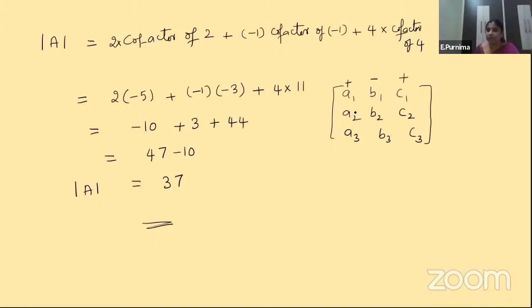Similarly, for A2, the second row, first column, you have to know the sign for this. Yes or not? The cofactor for this one you will find out. So what is this -1 to the power of i plus j? It is in the second row, first column, that means 2 plus 1, which is -1 to the power of 3. So again for this also we get minus sign only.